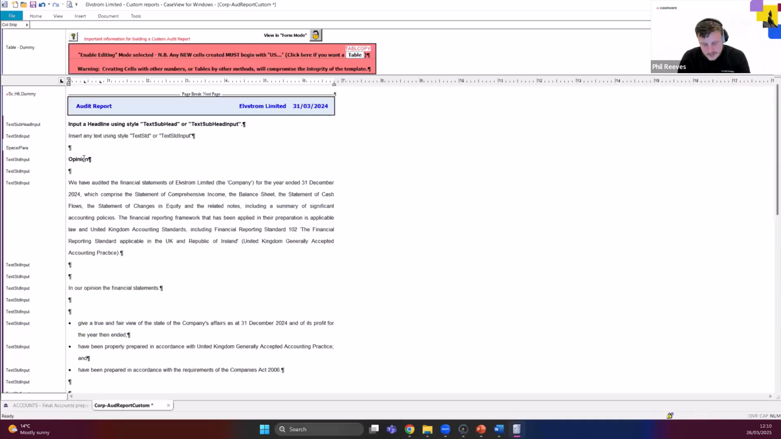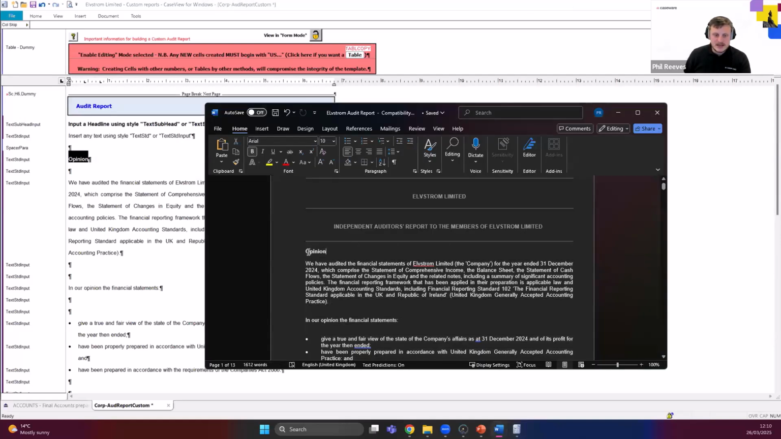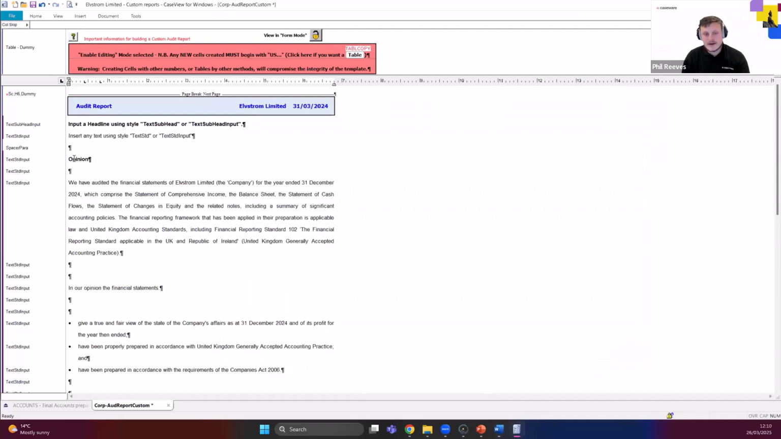The other thing we want to look at, again, is some of the styles that are included on here. Now, at the moment, this opinions line is bold within my Word document, and again, this is a common mistake that people make when they're building custom reports. I'll just bring that across. You can see that line is bolded, which means that in Caseware, in theory, it's bolded visually from what we can see on the screen, but